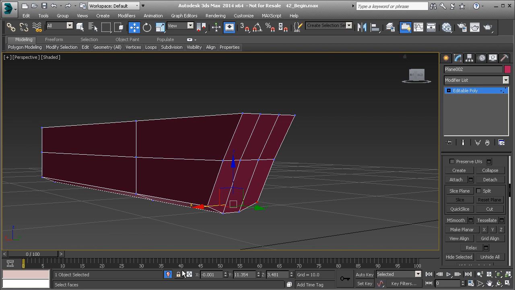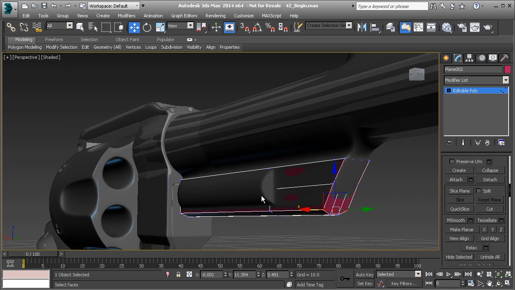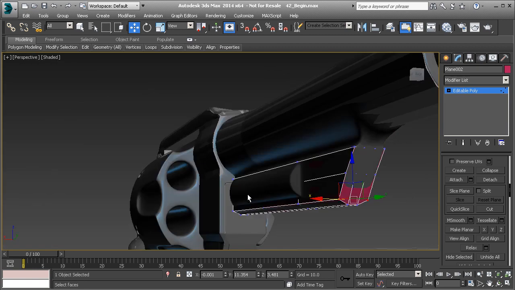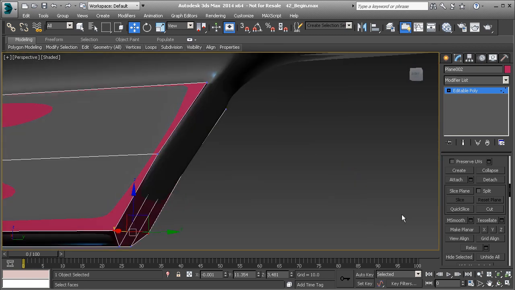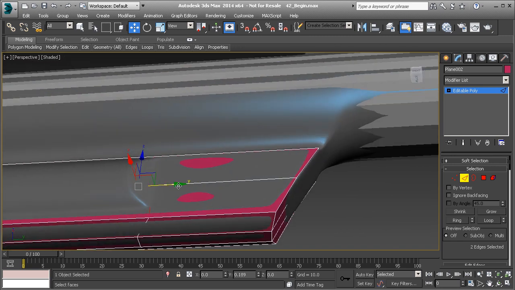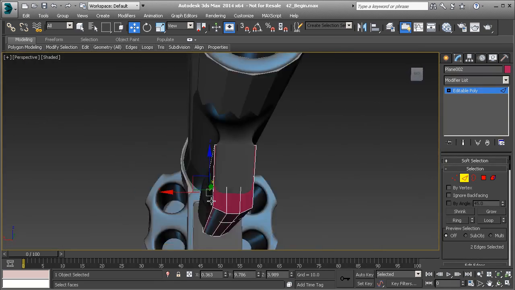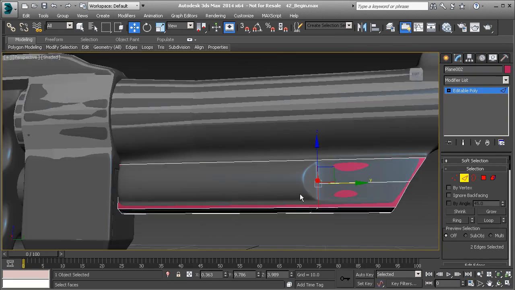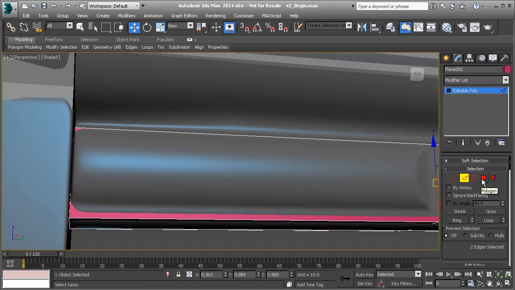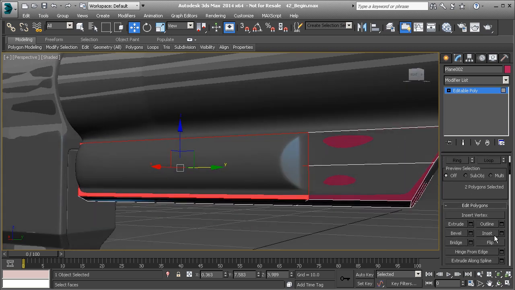Let's go ahead and turn off the isolation mode. And we need some geometry to actually capture this area right here. And so what I'm going to do is I'm actually going to take these edges right here, and I'm just going to pull those forward to right here. Okay. And then we can add another edge in there if we wanted to, but I think what I'm going to do instead, let me pull that forward just a little bit more. What I'm going to do instead is I'm actually going to inset these polygons right here. Okay. So inset that,